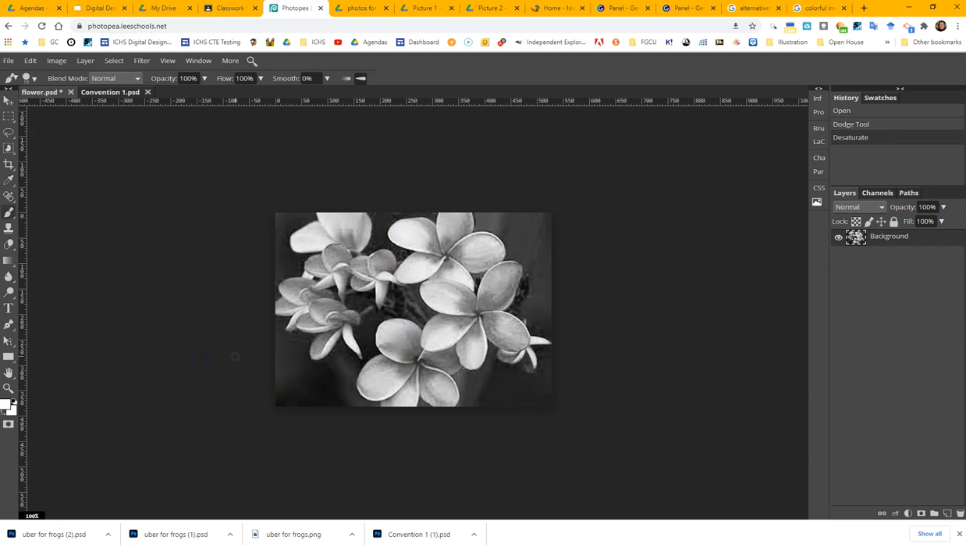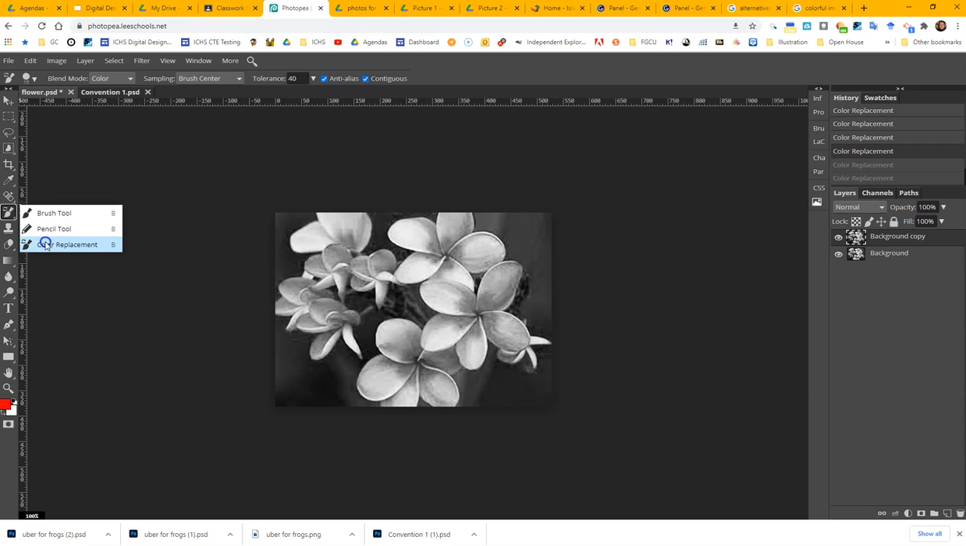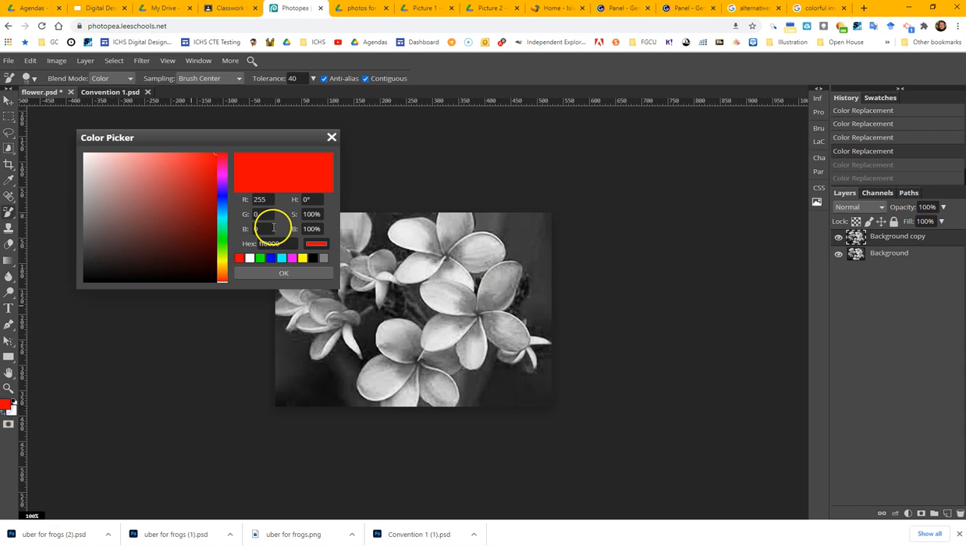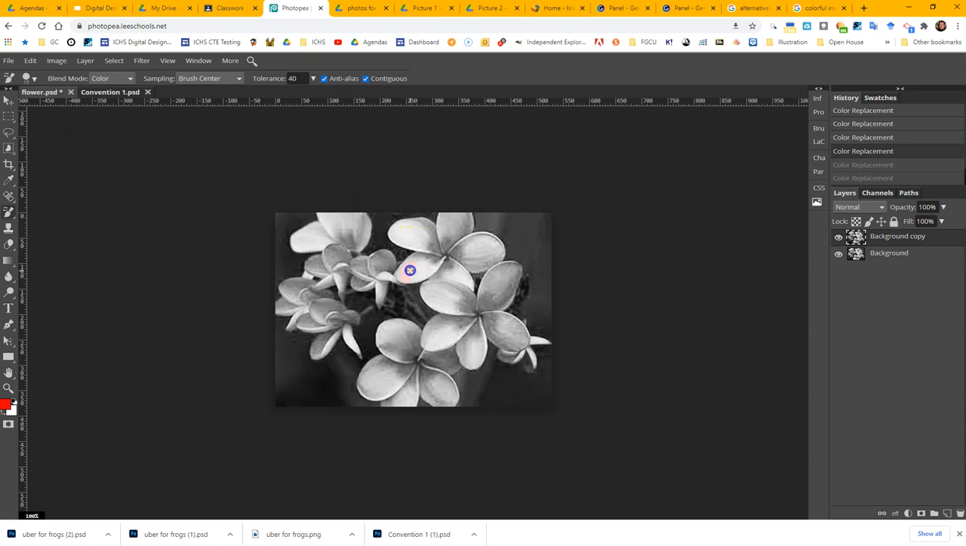Desaturate down here. And once you've desaturated, we want to make sure that we have the color replacement brush selected, and that up here the blend mode is on color, sampling is on brush center, and the other should reflect these same things. And if you choose a color from here, whichever color you like, and start coloring,